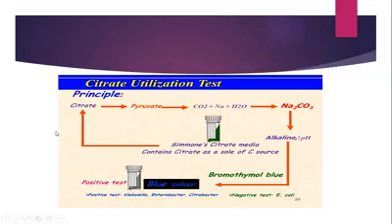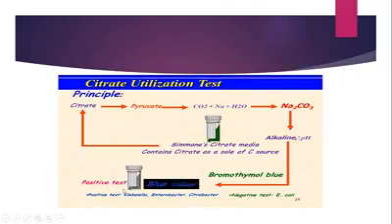Summarizing the principle, the citrate that can be used by some of the bacteria, when it is metabolized, produces a compound, sodium carbonate, which is an alkaline compound, and thus it increases the pH of the medium. This is present in the Simmons citrate media, which contains citrate that is used as a source of carbon by the bacteria. And after the medium turns alkaline, the bromothymol blue indicator present in the media, which is green at neutral pH, turns blue in alkaline medium, and that shows that the test is positive.